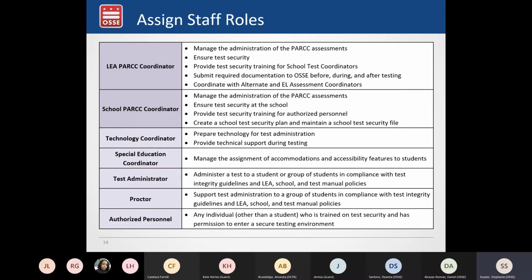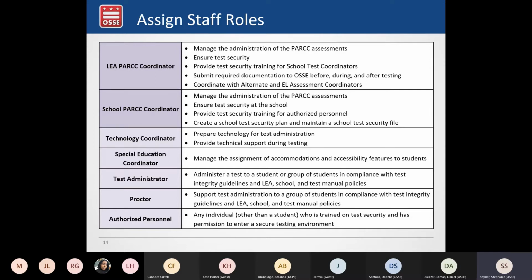And a note about, as I mentioned, parents and caregivers are not authorized personnel. If a student is testing remotely in a virtual learning hub, the staff who are supervising them in that learning hub may or may not be considered authorized personnel, depending on whether they've received test security training from the school.